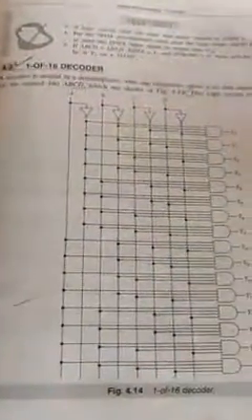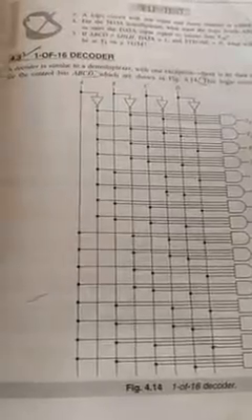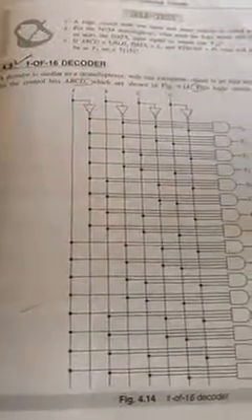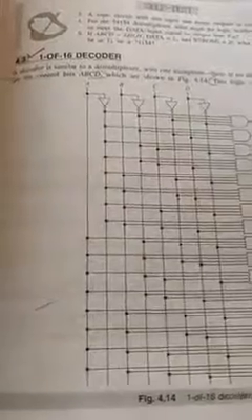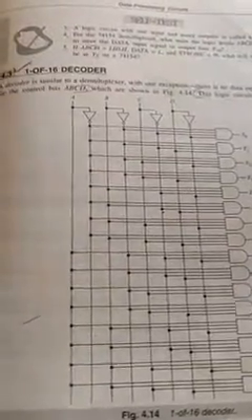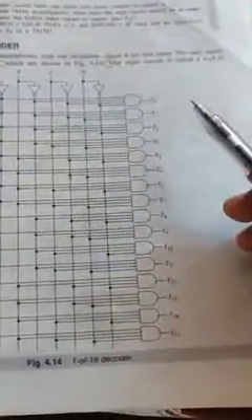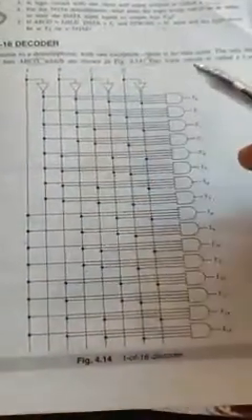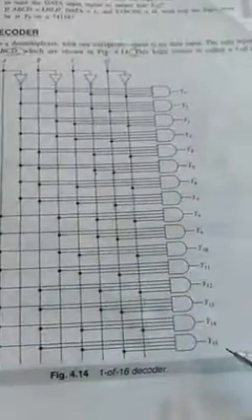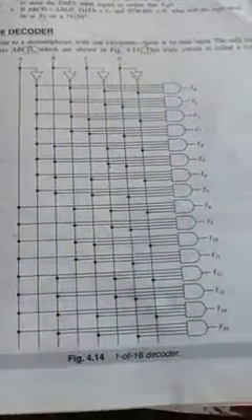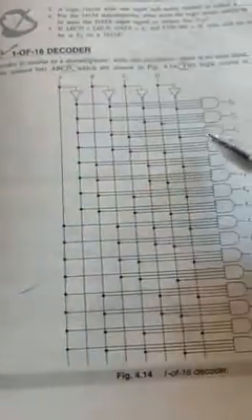So we just saw the 2 to 4 line decoder, and then we saw the 3 to 8 line decoder. Now we will go with the 1 of 16 decoder. This is not a 1 to 16 decoder, this is a 1 of 16 decoder, remember. There is a difference between a 1 to 16 decoder and a 1 of 16 decoder. Here we will be having 4 control inputs and 16 outputs, 0 to 15. One of the outputs will be selected, so they have specified 1 of 16 decoder.